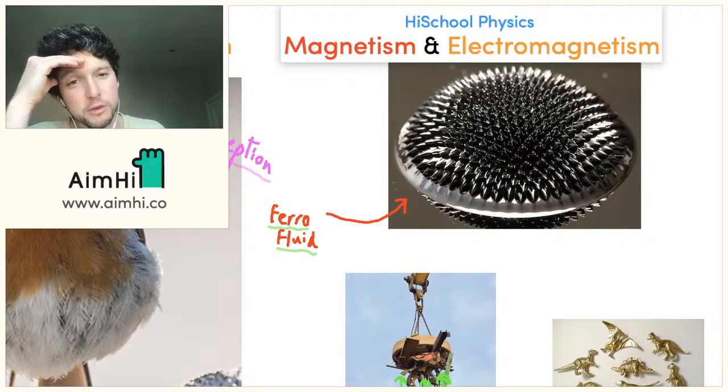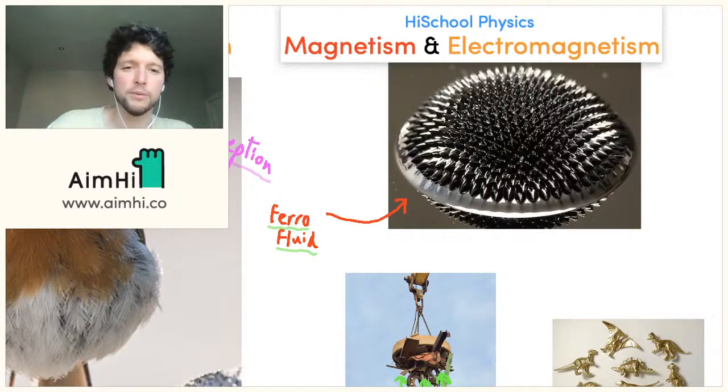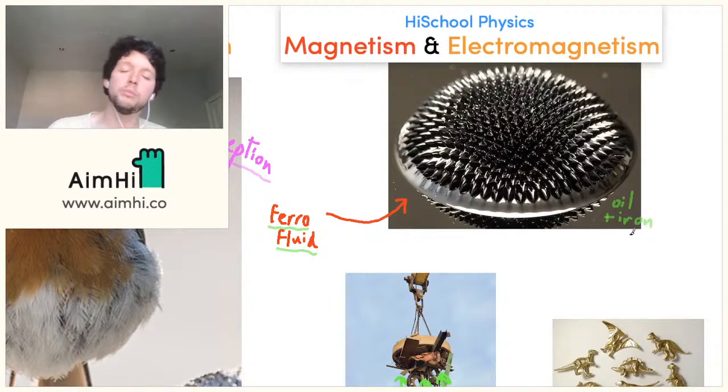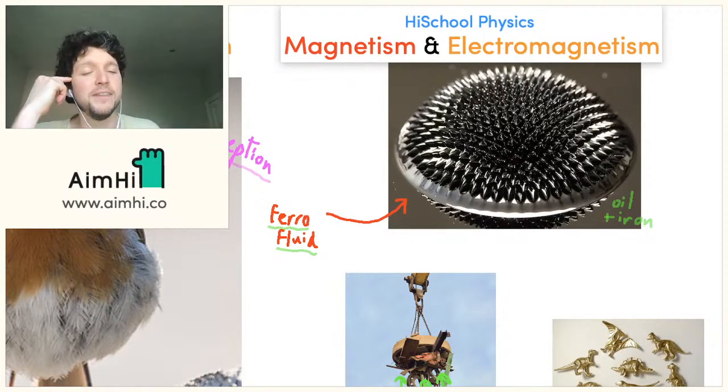I wanted to show you a video, but it was really hard to find one that was decent and didn't have loads of talking over it. But it's basically like oil that's got loads and loads of tiny, tiny pieces of iron inside it. Loads of tiny pieces of iron. And what happens is when you expose it to a magnetic field,